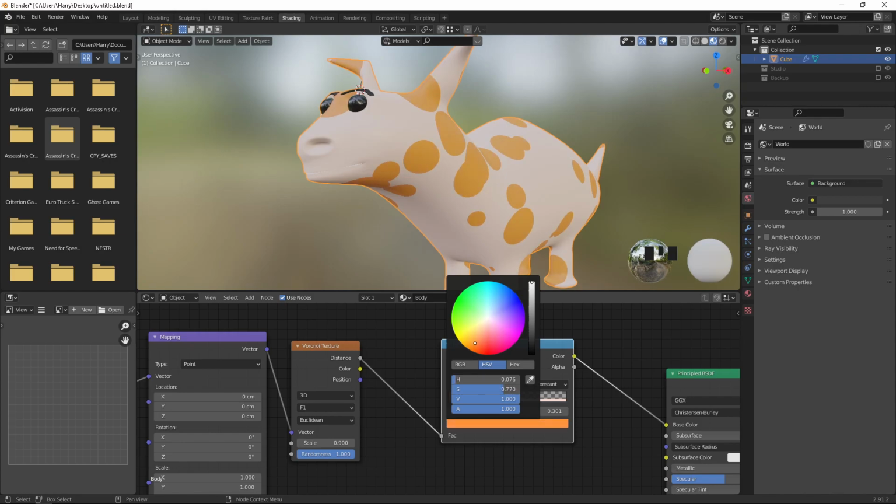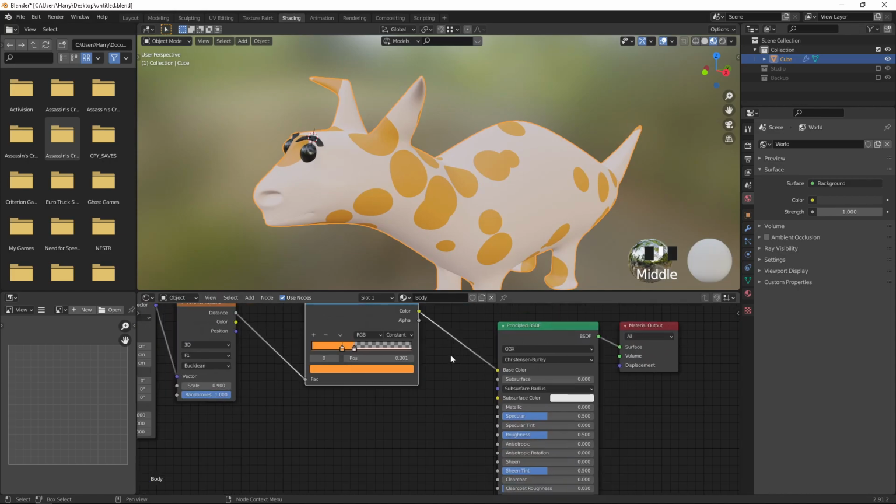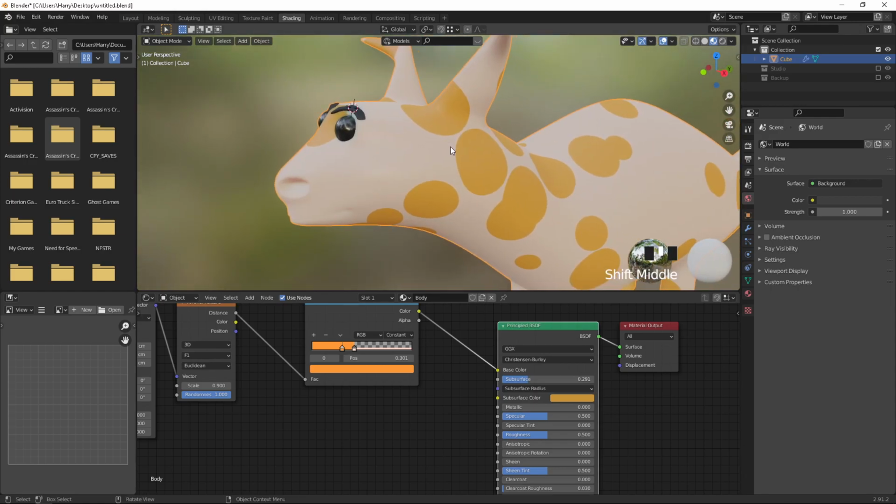Okay, using this, what I'm going to do now is create a subsurface color. I'm going to make it the same color. Okay, I'm going to increase the subsurface color. Okay, now our character looks better.